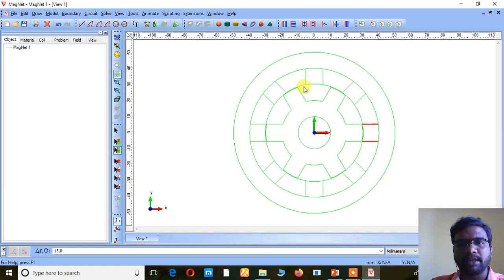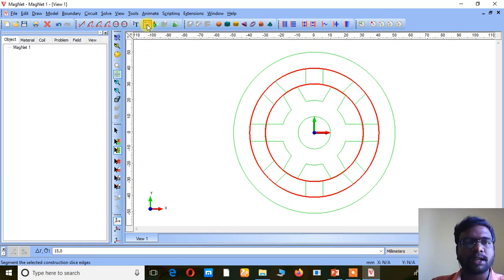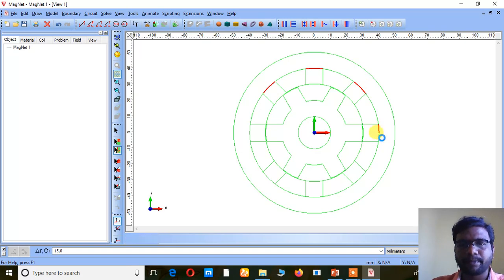So I arrived here at 8 stator poles. The remaining part I am going to delete. So now we have arrived at this one.